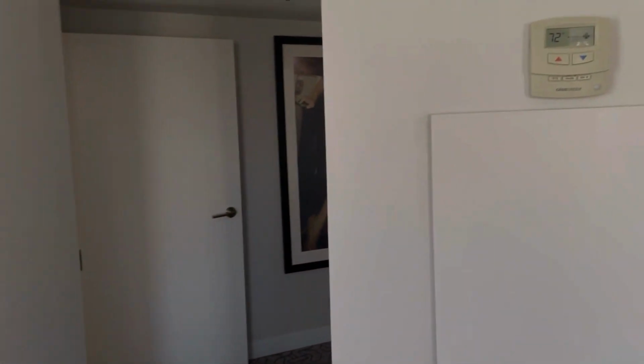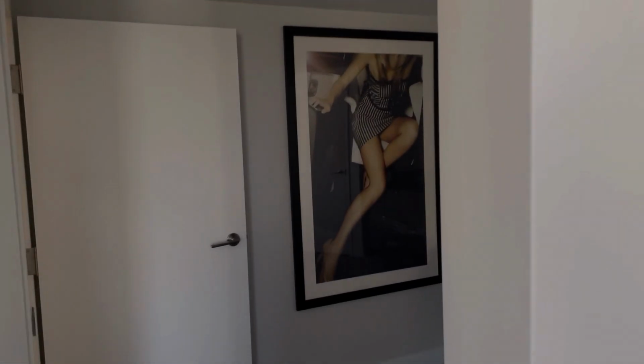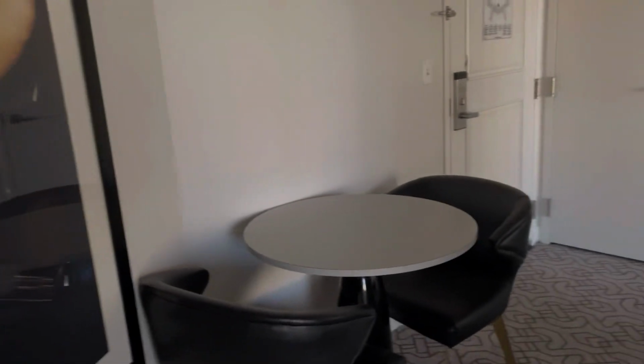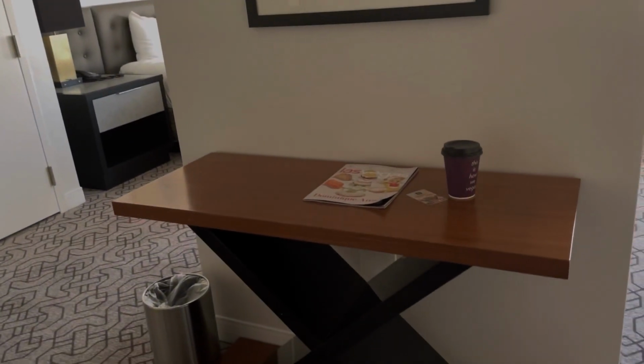More drawer space, plenty of drawer space. Big drawers, well, fairly big. There's 3 more there. Sitting area, foyer table,